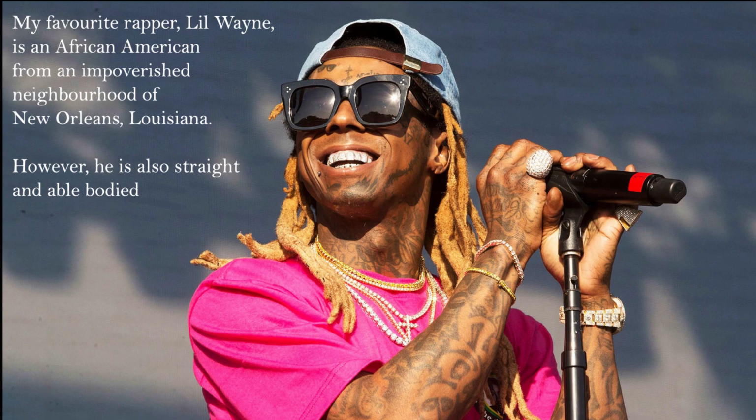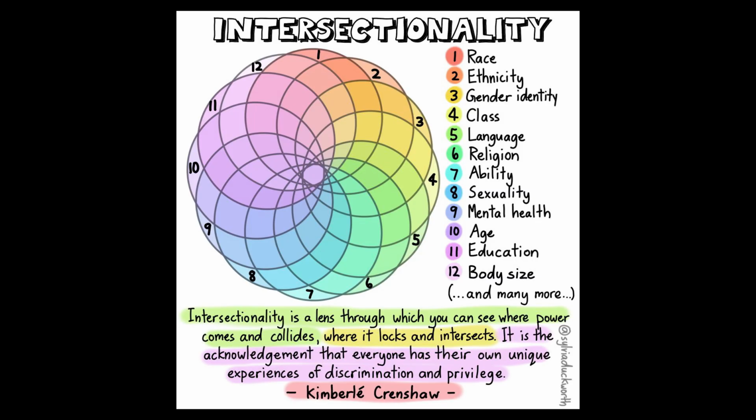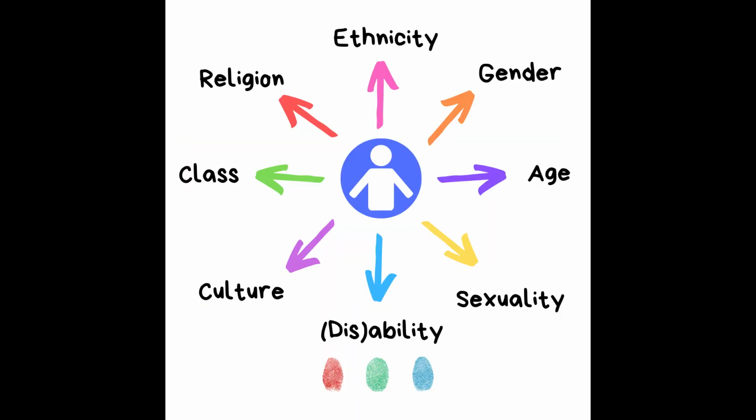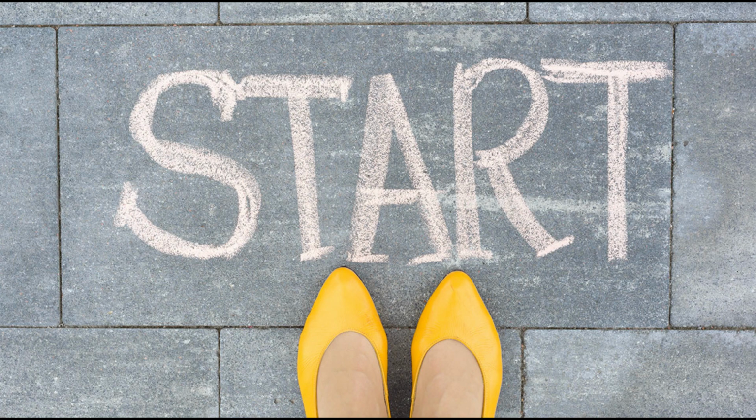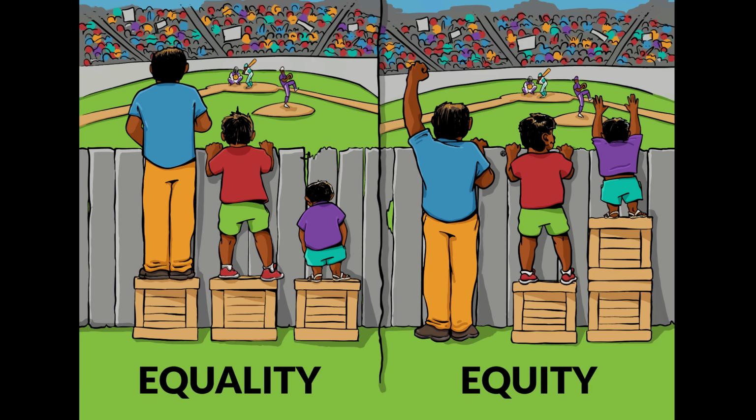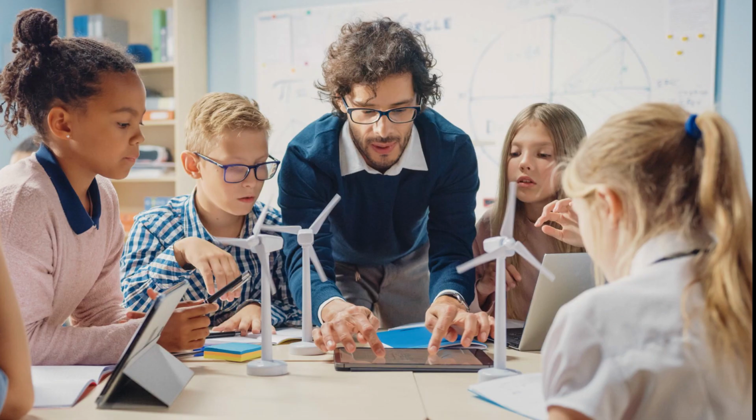But going back to that hypothetical person, if that lower class black person was straight and able-bodied, then they would not be facing discrimination in those areas, and they would have to be conscious and mindful of those who are discriminated against in those areas. I think this is such an important starting point because reflections on intersectionality prompt us to recognize both our own positionality and privilege, as well as those who are in greater need of support because aspects of their identity are not valued or appreciated in society. I think this needs to be the starting point for teaching if we're going to offer an equitable rather than just equal education.